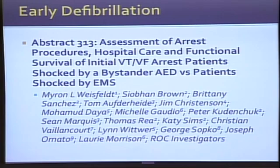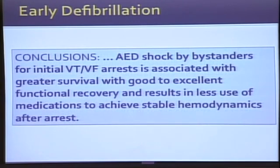This was one of the articles that came out from the first ROC studies, and basically we were looking at a subset of patients that had arrest and they were shocked by bystander AED versus patients who had the first shock from arriving EMS systems. And the conclusion was that